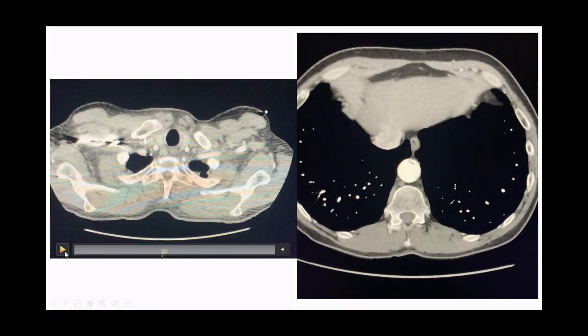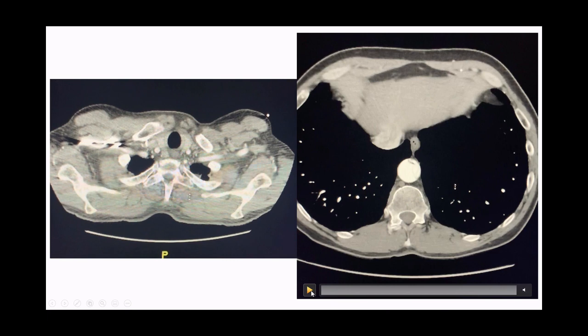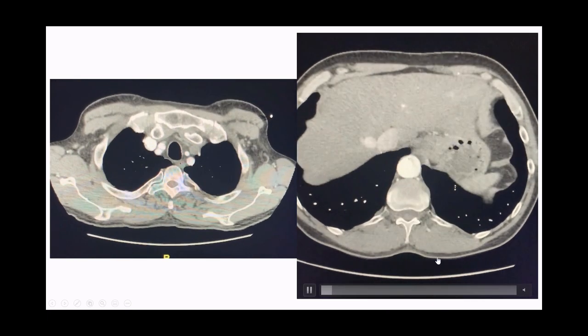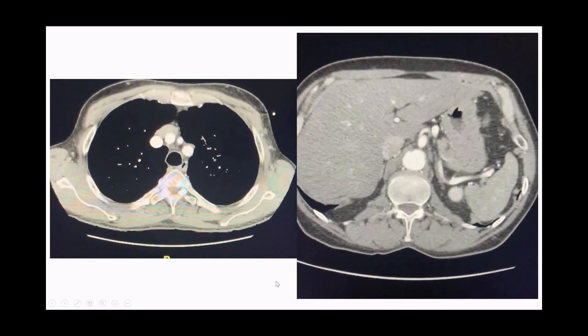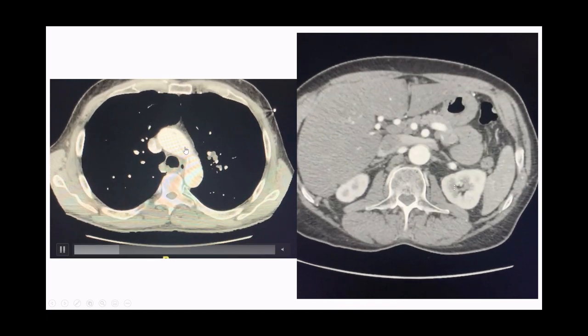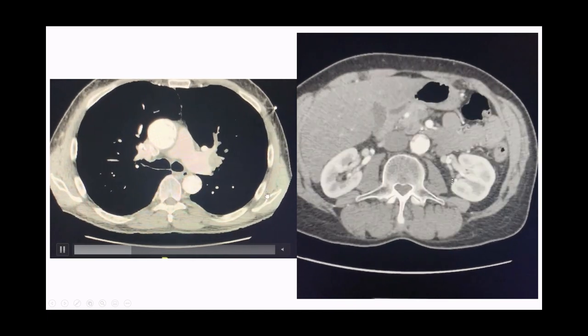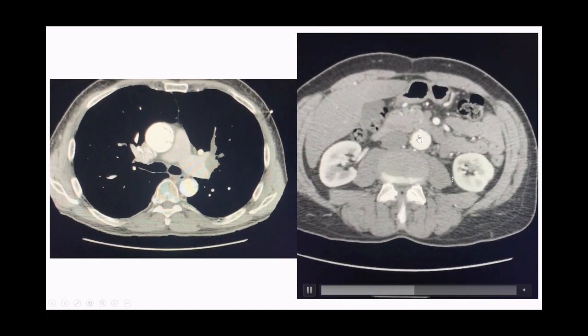And here's that CT scan. So the thoracic CT is on the left, and the abdominal CT is on the right. I'd like for you to go back, rewind, watch this video a couple times. You can see the intimal flap there, which propagates all the way down. Right here,